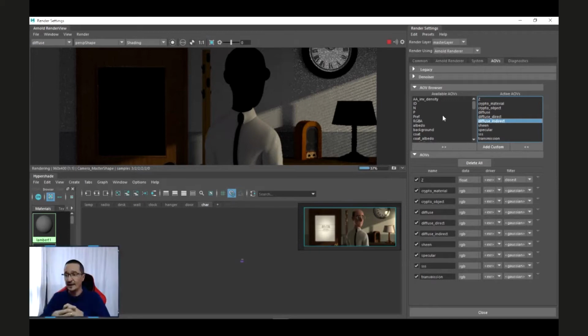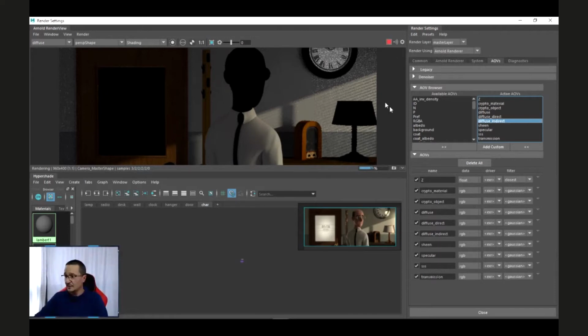At the beginning, we said that in this kind of image, we can split the character from the room, and have some passes for the character and some passes for the room. And after that, we can deal with it. So you can do that.